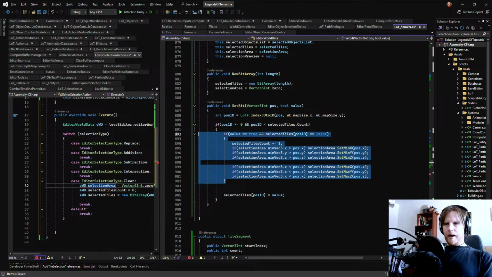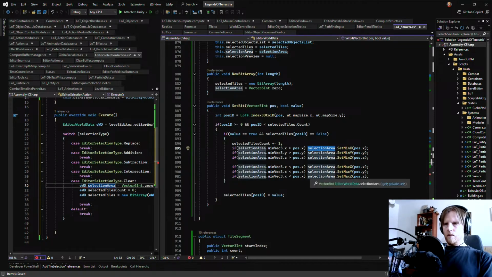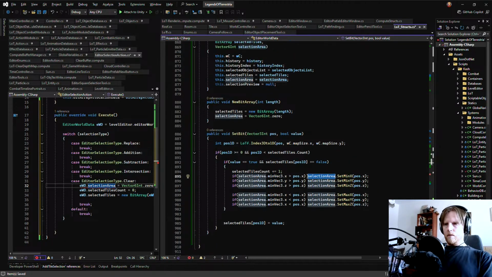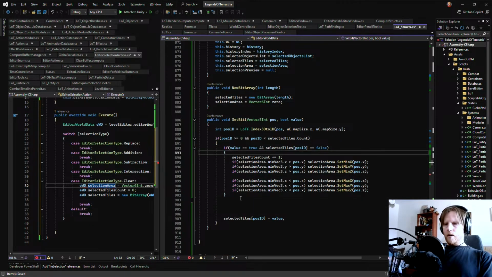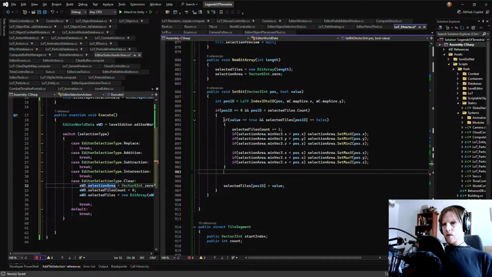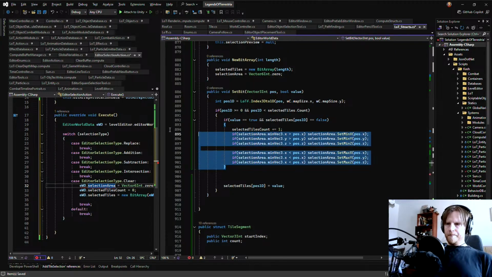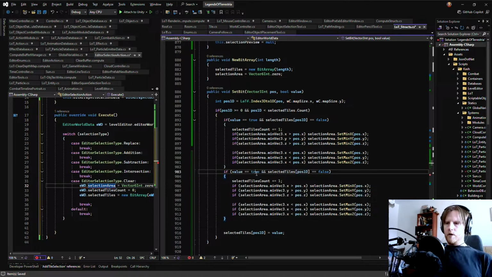That way we can expand the area just by adding tiles. However, when you remove tiles, it's tricky. So if we're adding a true and the tile is set to false, then we can do this. But if it's the other way around, and the value we're setting is false, and this tile is true,